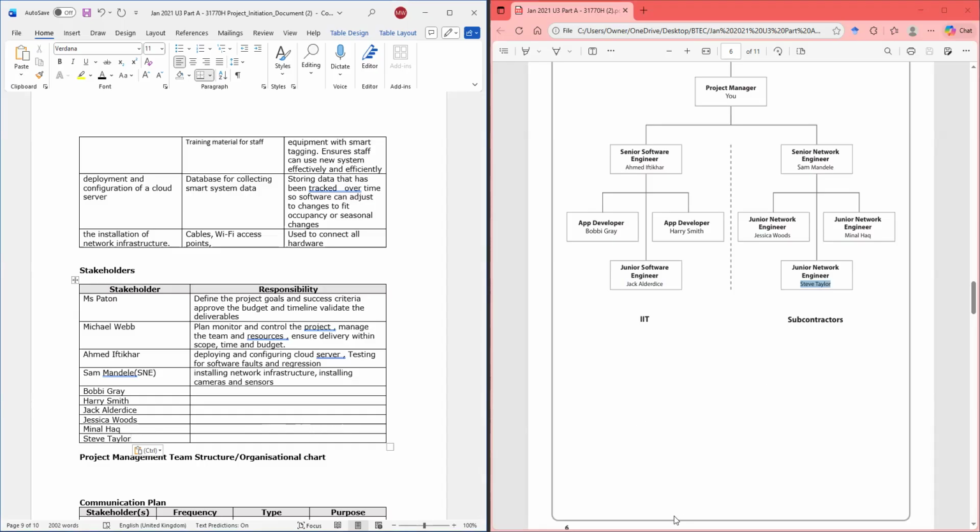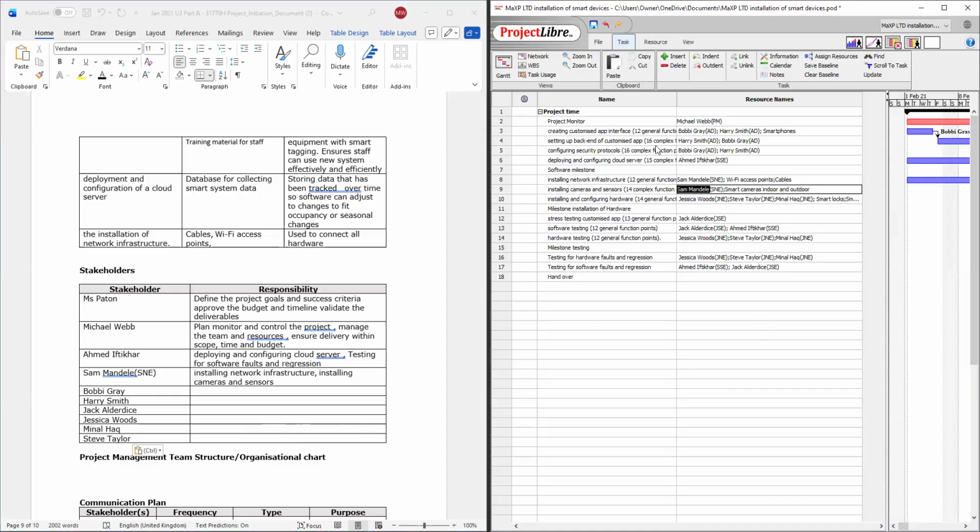So Bobby, we go back to here and we're going to look at what Bobby is doing. So Bobby and Harry are working on customize that.